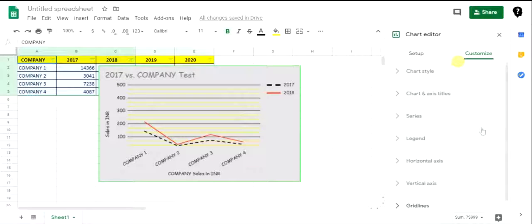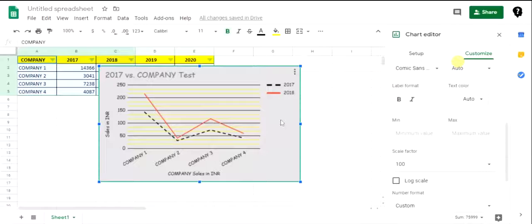Okay. Now I have explained all the options. Based on your requirement and the chart type we choose, these options may vary, but this is the way you can create and edit your chart in two parts. One is setup. Setup basically deals with the data part, arranging the data onto your chart. The other one is customize, which is the look and feel of the chart. Now, as we know, some commands can be directly accessed from here. Before that, let me put the chart to normal.